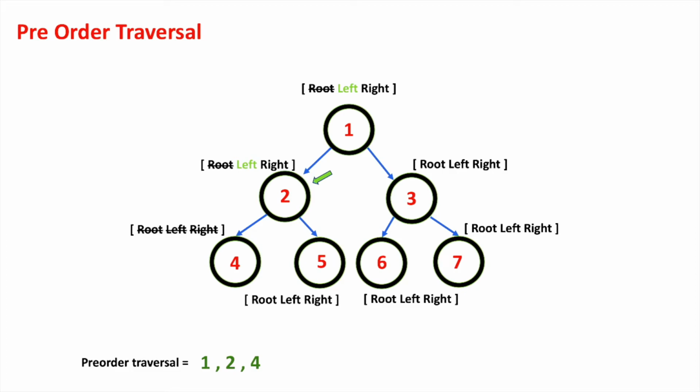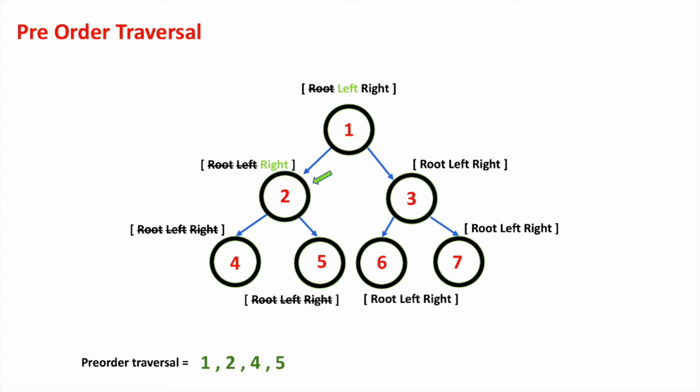And since we are done with the traversing process on the left subtree over here, now we will start traversing the right subtree of this node. So we will go to the right subtree over here, print the node element over here, check the left and the right subtree, which is null. So we will skip these two processes and we will backtrack to the node 2 again. So here also we have completed the right hand side traversal of the node.